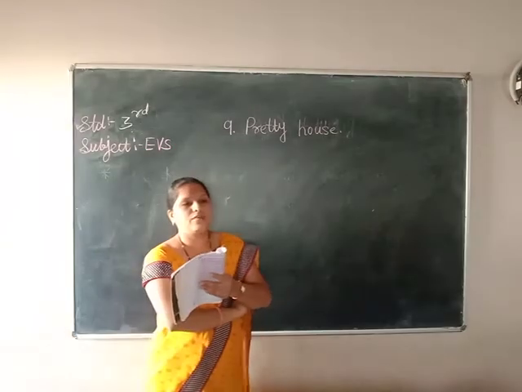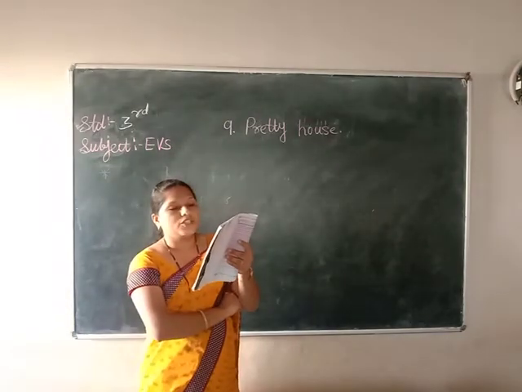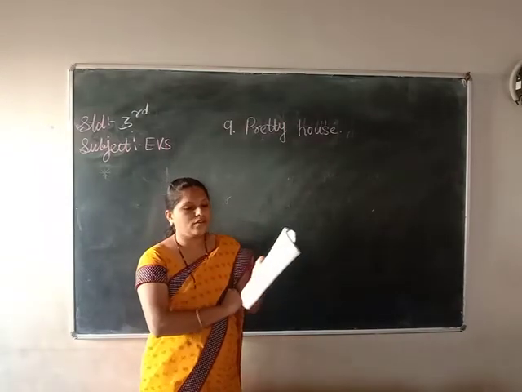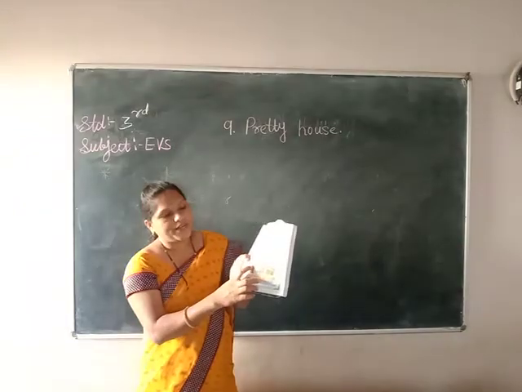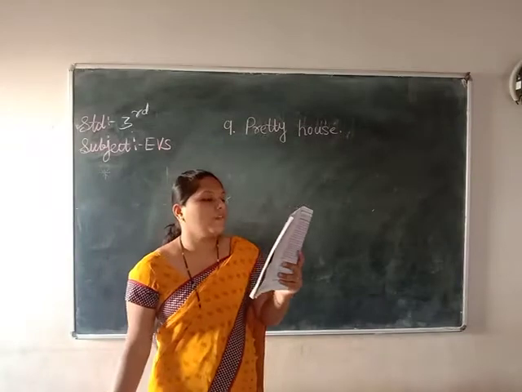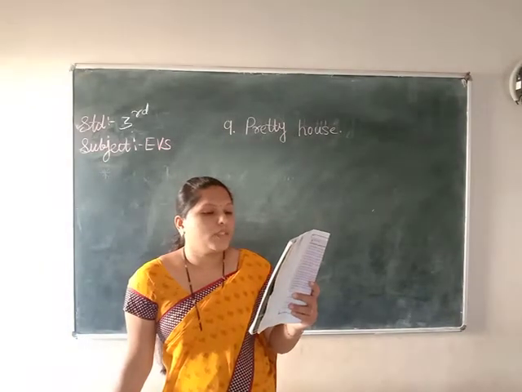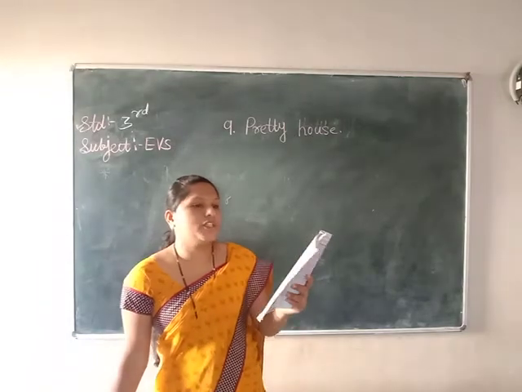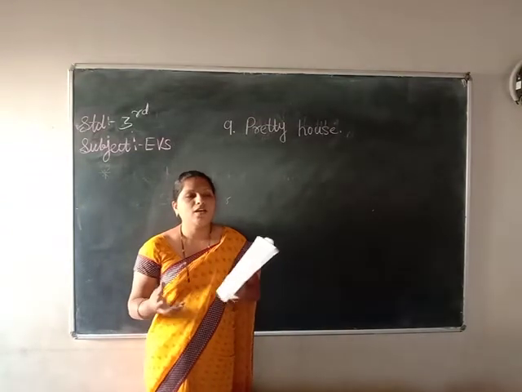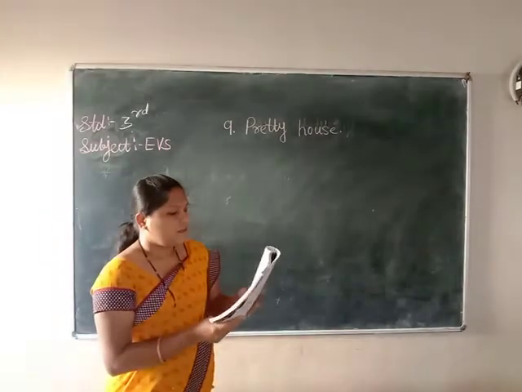In her house there is a flower vase and she keeps some flowers in that vase. She decorates the door with bunting of mango leaves. What is she doing here? She has decorated her house with the bunting of mango leaves. She has kept dolls also inside the house. She has some beautiful dolls, teddy bears. She keeps them in some corners. Means she is decorating the inside of her house.